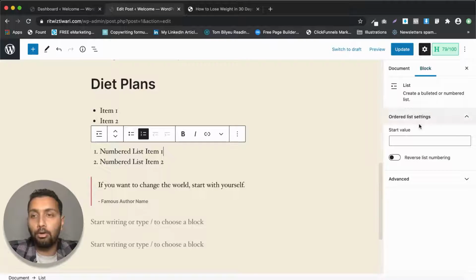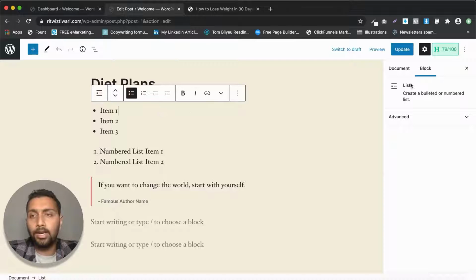All right, and if I go to the other list item, like this is a list item, right? Then for this block, this is the starting value. Right now it is starting from 1. If I want to start it from 11, I can do that as well. So see here, now 11 and 12 are the list numbers. Okay, you can even reverse the list numbering. So now the upper one is 11 and the lower one is 10. All right, so this is the option that it provides you.